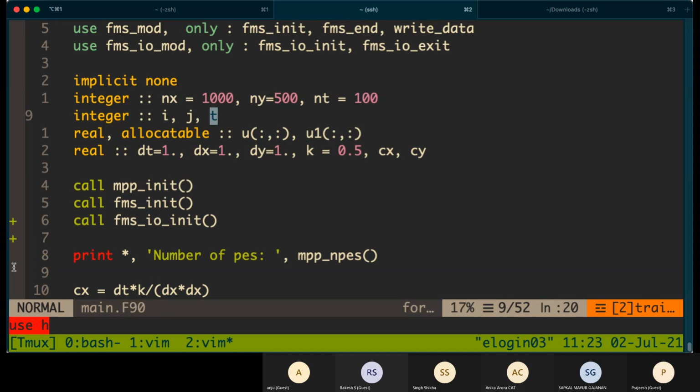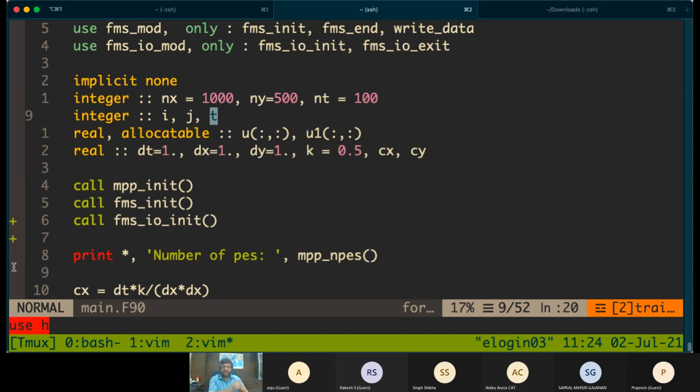Okay, so I just explained how we might do a domain decomposition if there are 10 processors, and if we want to decompose it in only X direction, which we call 1D decomposition.